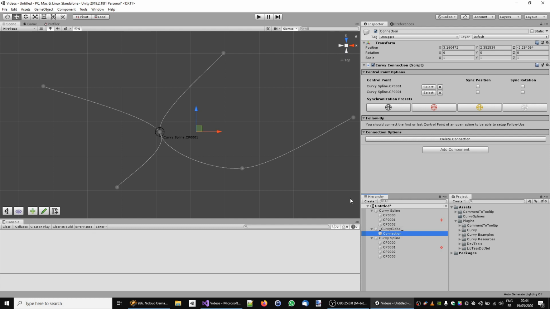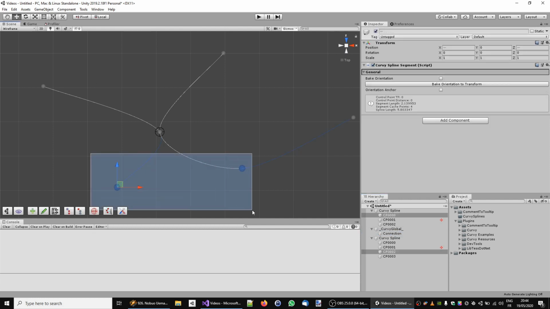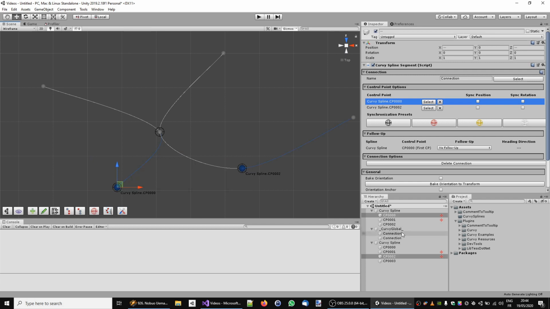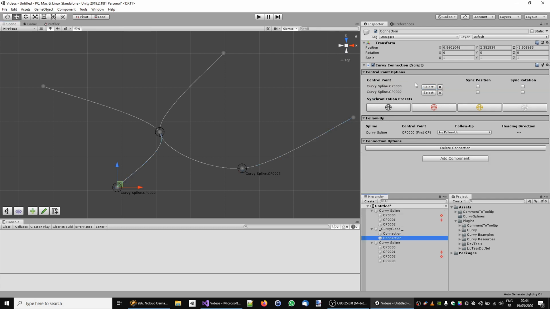And for each connection here, I will select 2 other control points, I will connect them, and for each one of them there is a new connection game object. I will speak in detail about the connection inspector and what you can do with it later. So now let's see how we can create a connection through